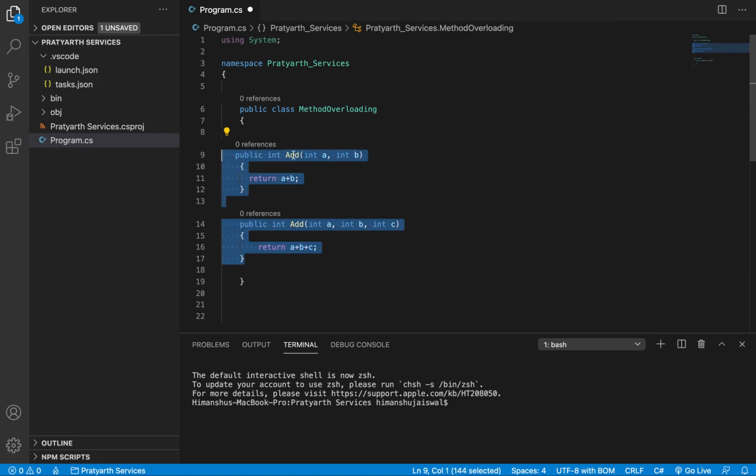Overloading means the same name method but the signature is different. Here you can change the number of parameters, or you can change the data type, like double or string or something else. Okay,